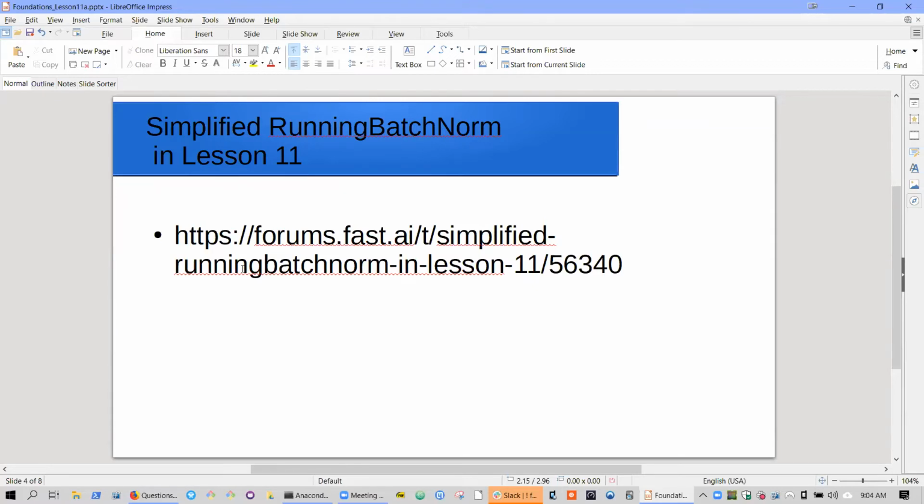So I asked a question about that on the forum, and I still haven't got any answers, like where can we get this, quote unquote, simplified running batch norm? I think I made a note somewhere